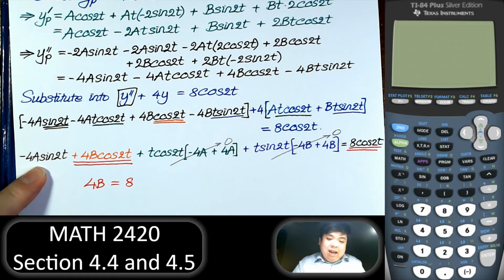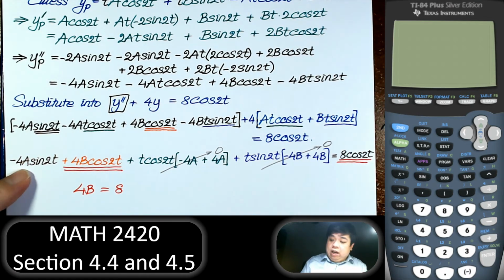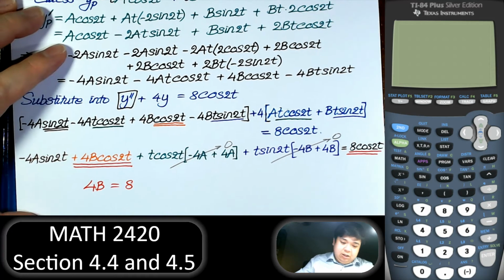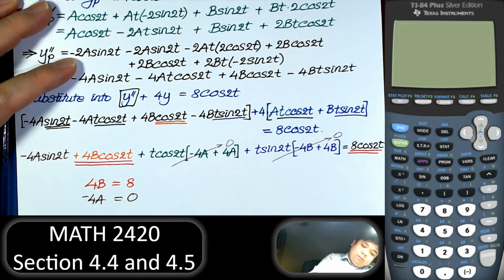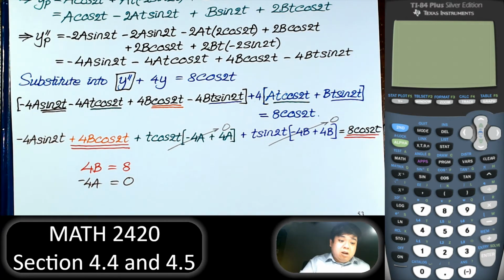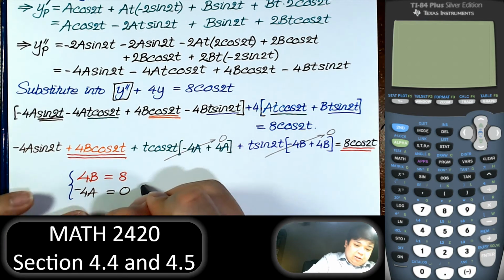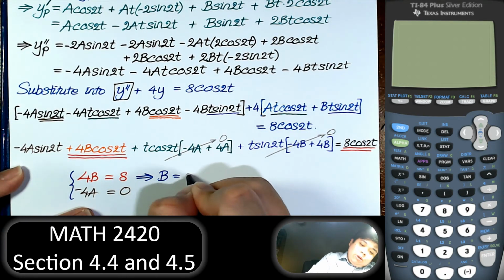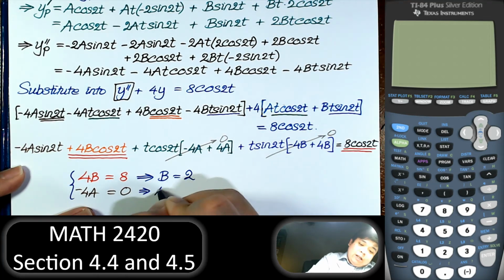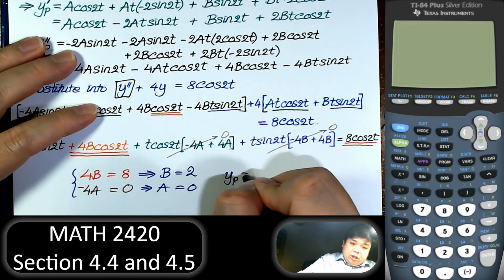And then we don't have anything on the other side that have sine of 2t. So negative 4a is equal to 0. So that is our system of equation. So b equal to 2 and a is equal to 0,